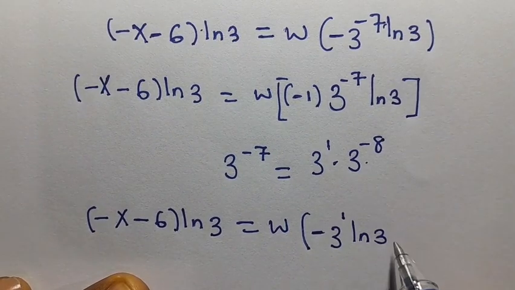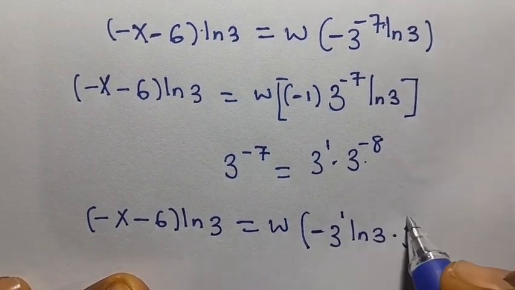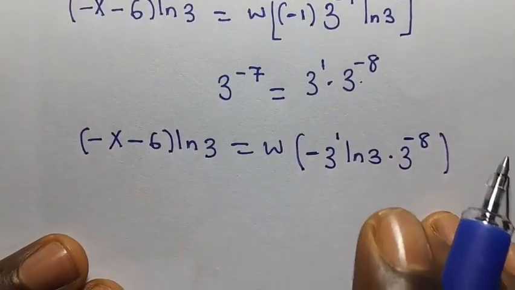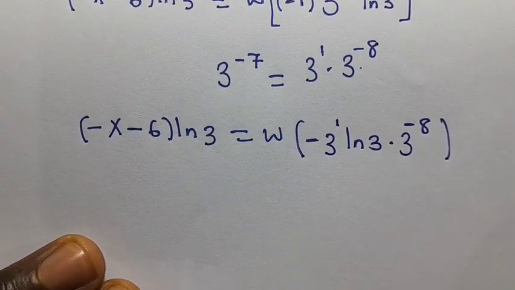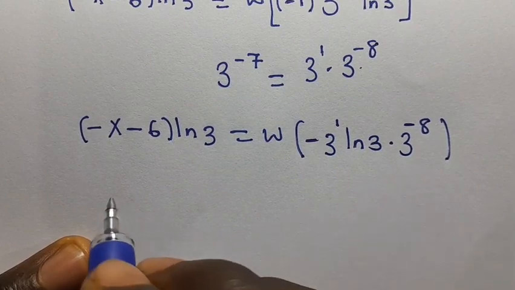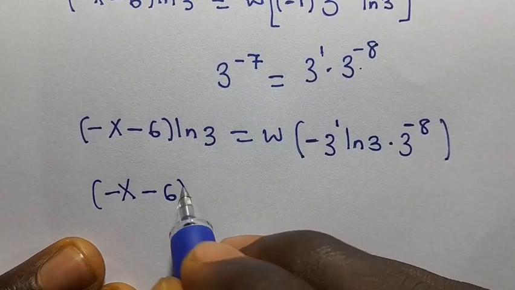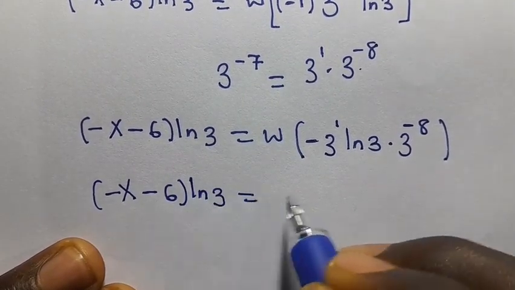Again, we have this one to be dot 3 raised to power minus 8. Now from here, note that we can have our answer to be minus x minus 6 ln 3 to be equals